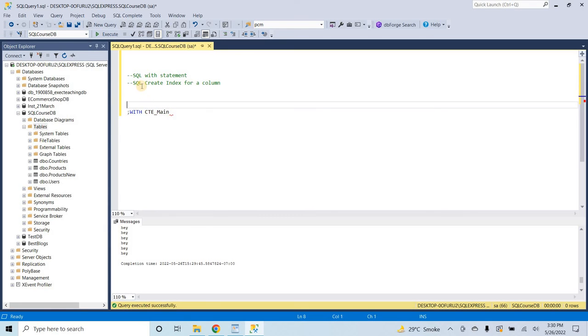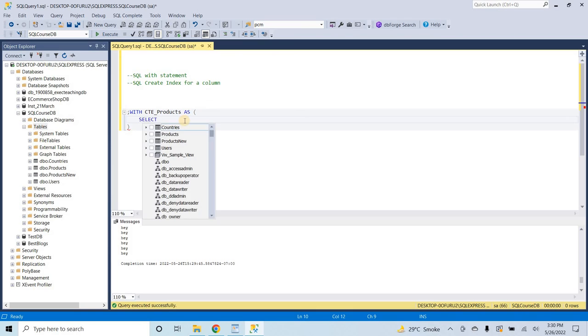Basically I am talking about the CTE with. Okay, and I can keep any name. Okay, so I will keep a name like products, and here AS, and then parentheses. Inside these I have to write a simple statement, select star from